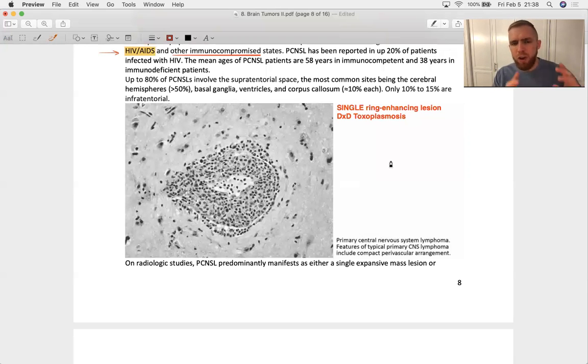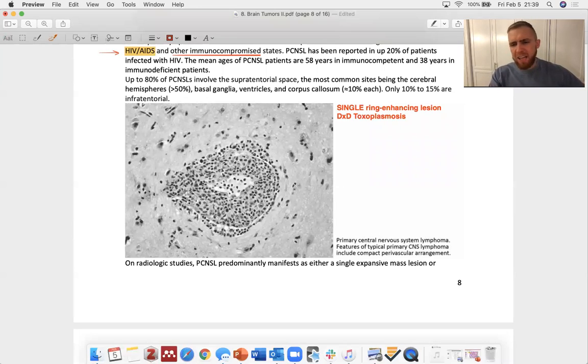If you catch it on an axial MRI, it's going to look like a soap bubble lesion. It's going to be one ring-enhancing lesion. So something like toxo might be in your differential there. And remember, as toxo develops, it'll typically develop multiple ring-enhancing lesions with that soap bubble appearance, whereas a CNS lymphoma tends to just be one single mass. Okay. It's got an angiocentric